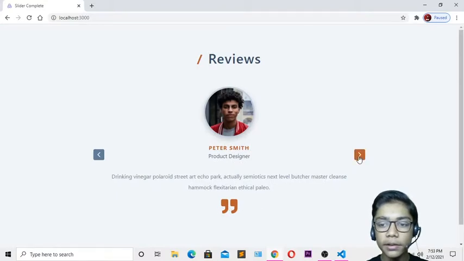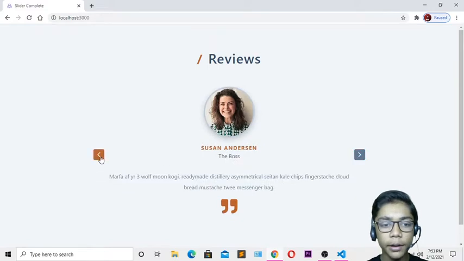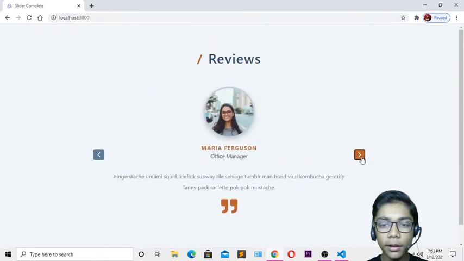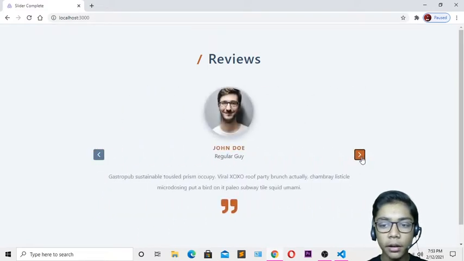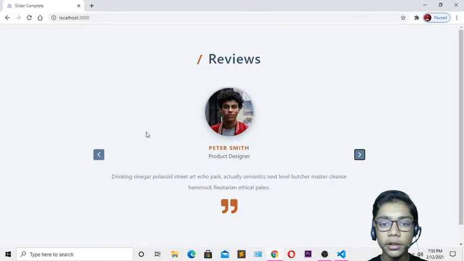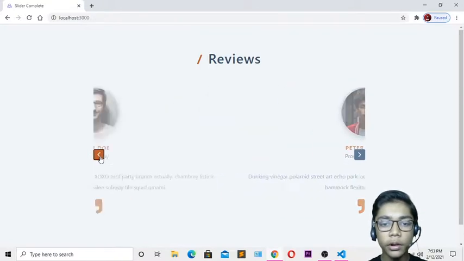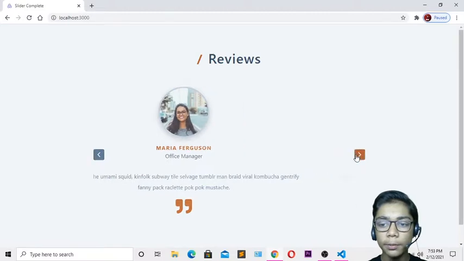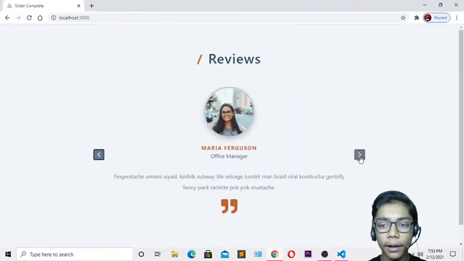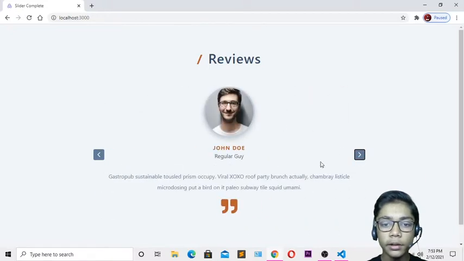If you press this arrow which I have made, you can see that it changes. If you press it again, it changes again, with the animation which we have made. You can see that it also changes automatically even if you don't press it, and you can also go backwards if you want. Just press this one and you can see it goes back. When I press front it goes front, then back, like that you can do. Now we will be building that with React.js, and I hope you will enjoy.